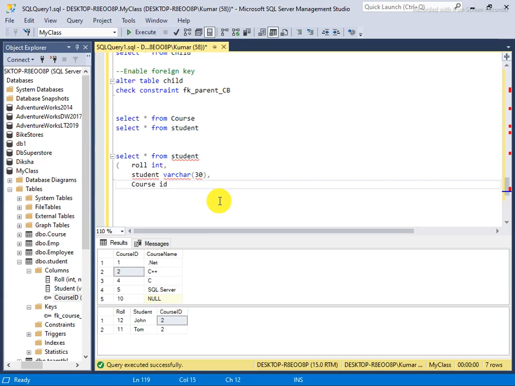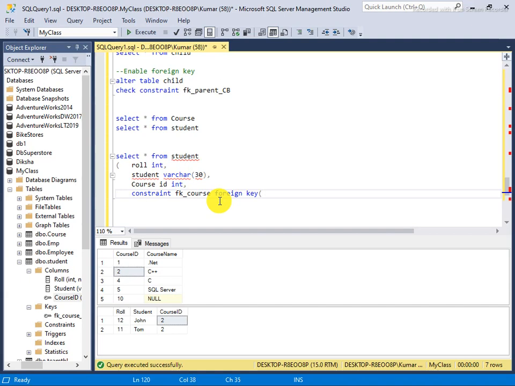Course ID, it's integer. Okay, so here I said like a constraint, it's a foreign key, I referred it course, and name of the foreign key. Okay, and which column I had applied?